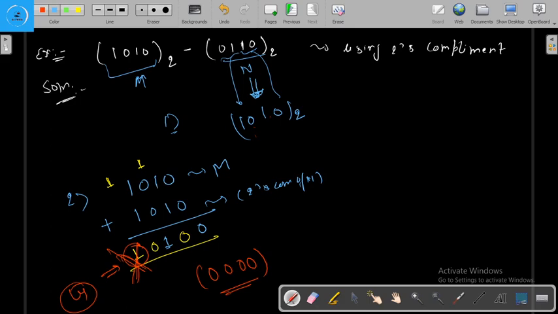So after performing the subtraction we get the result 0 1 0 0 in binary. If we find this step really difficult, although this step is easy, we can convert this into decimal.